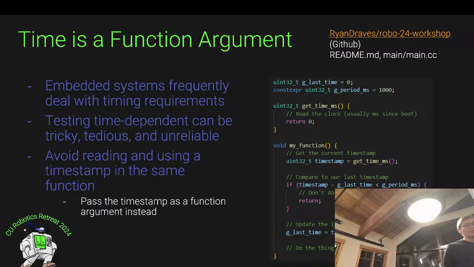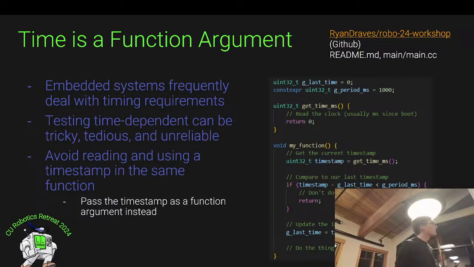You can see, for example, I have a function. It's a pretty simple function. It's going to do a thing once every second. It might get called much faster than once every second, but it will simply return if it's been faster than that, and only actually do the thing if it's been at least 1 second. And you can imagine that testing that function is a little bit annoying. If you want to call it in sequence, with different edge cases or whatnot, you have to wait a full second before it does the thing, right?